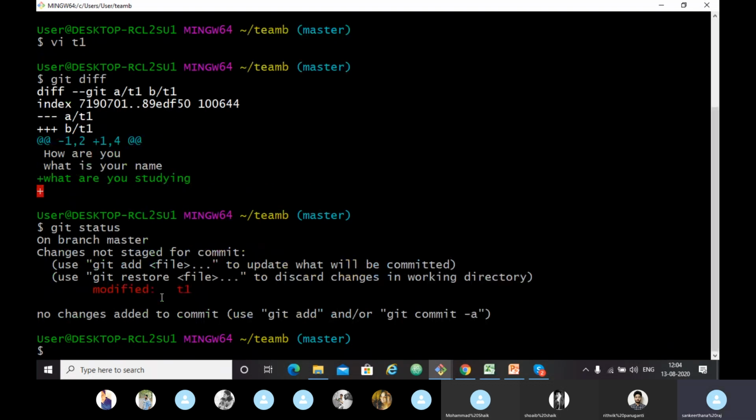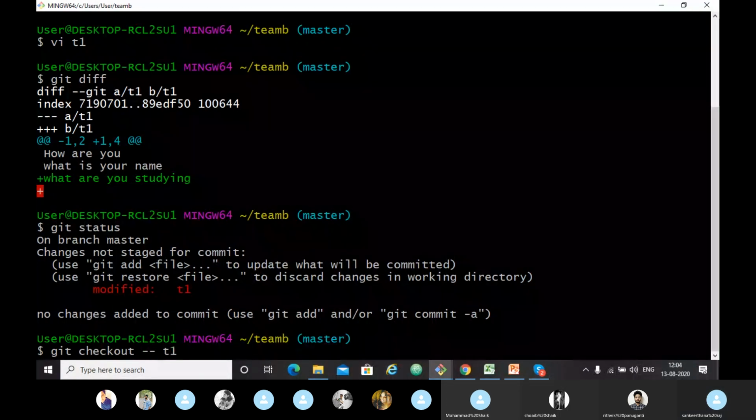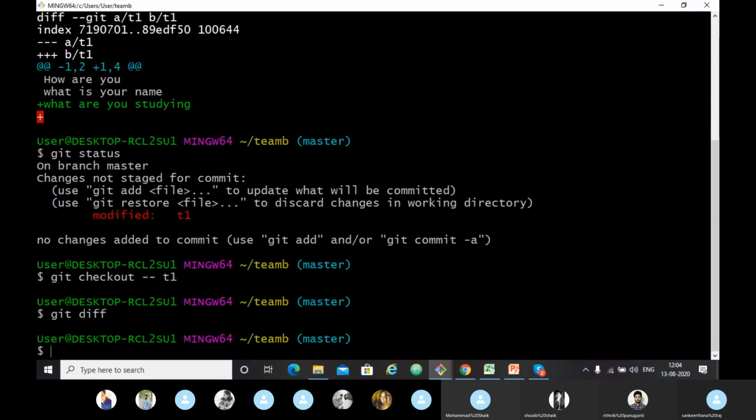So we are undoing the modification. As Ritvik asked before, it is undoing the file in the working tree and the staging area. git diff shows nothing because there is no change, meaning it is replaced as it was before from the git working tree and the staging area. Ritvik, did you understand it? Yeah.